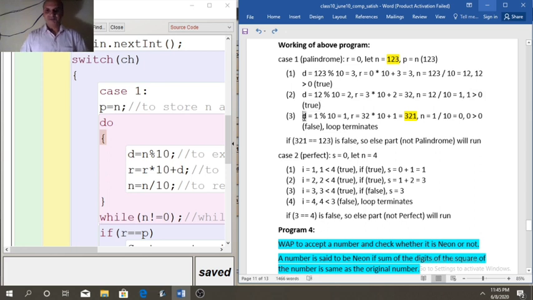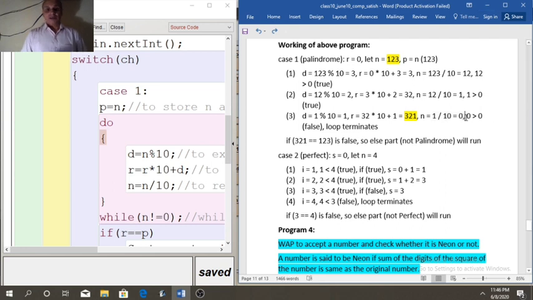This time d equal to n modulus 10, that is 1 modulus 10, that is 1. Now r equal to, previous value of r is 32, so 32 into 10 plus 1, 320 plus 1, 321. Now n equal to 1 by 10, 1 by 10 will become 0.